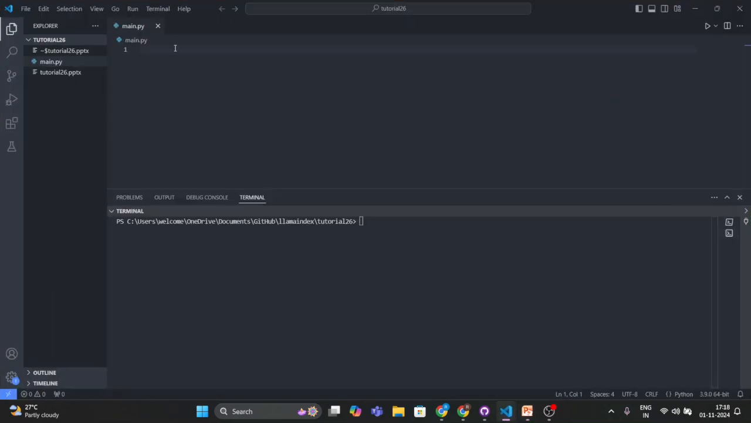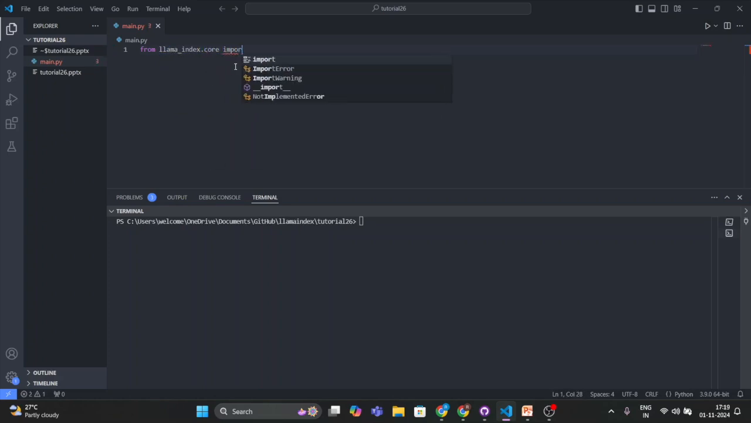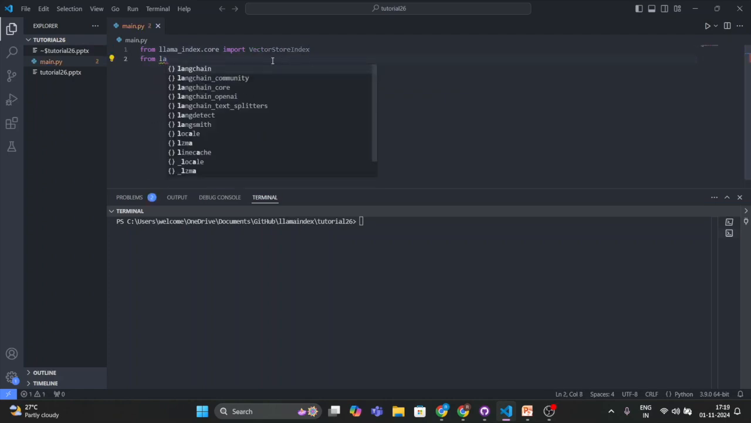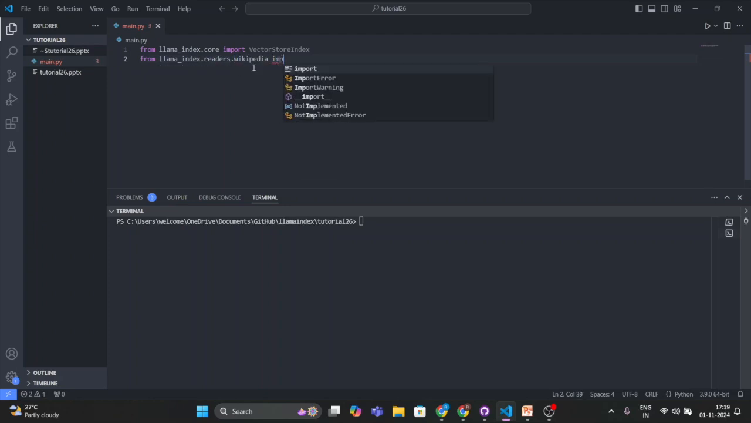First thing first, we'll import from LlamaIndex core. Here we'll import VectorStoreIndex. And another thing, we'll write llama_index.readers.wikipedia, then we'll import